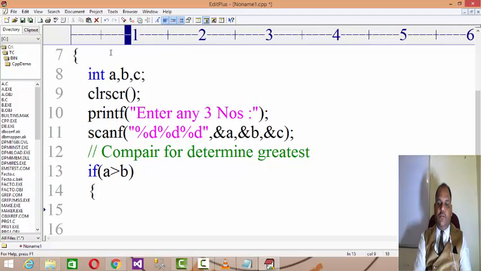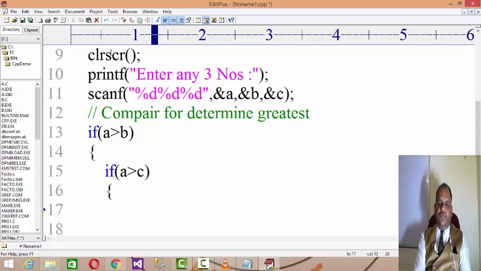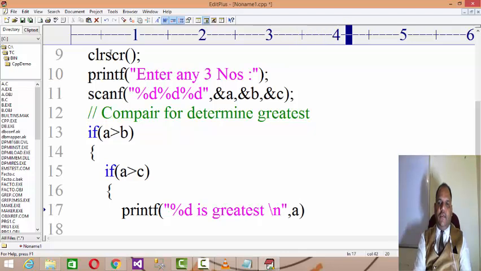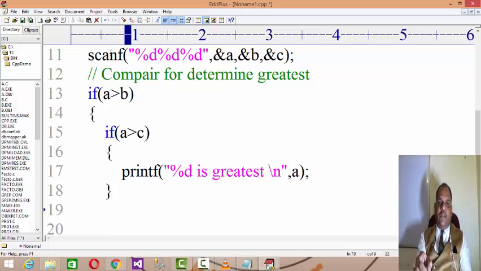If it is true, then you check whether the value of a is more than c, because you have to nest the condition within a condition. If it is true, then you write printf %d is greatest, with the value of a. Now, if a is more than b, but a is not more than c, this gives the false value. So you define the else over here.